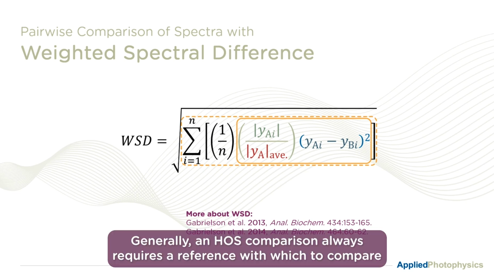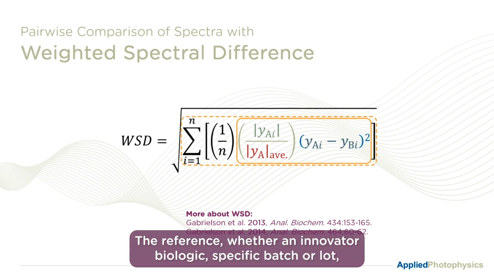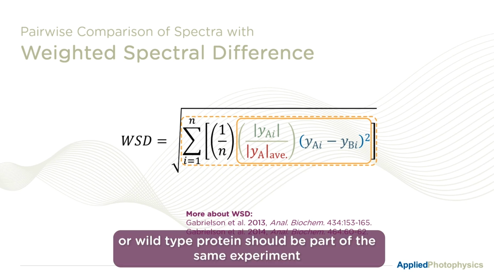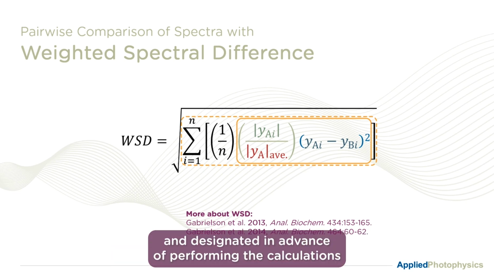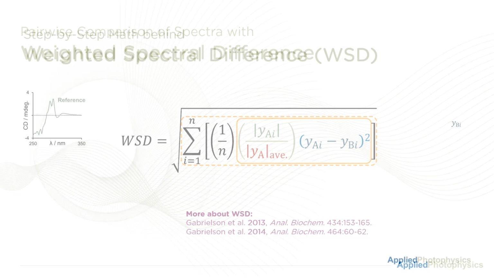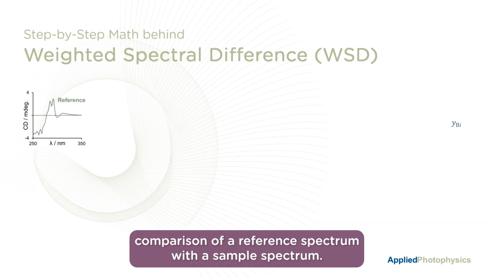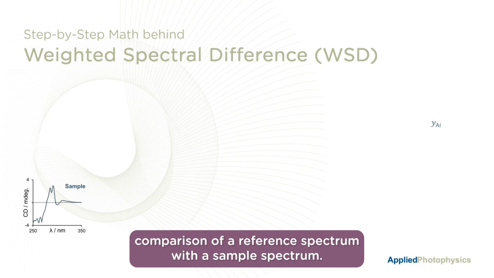Generally, an HOS comparison always requires a reference with which to compare. The reference, whether an innovator biologic, specific batch or lot, or wild-type protein, should be part of the same experiment and designated in advance of performing the calculations. To obtain the weighted spectral difference for the pairwise comparison of a reference spectrum with a sample spectrum, first, the